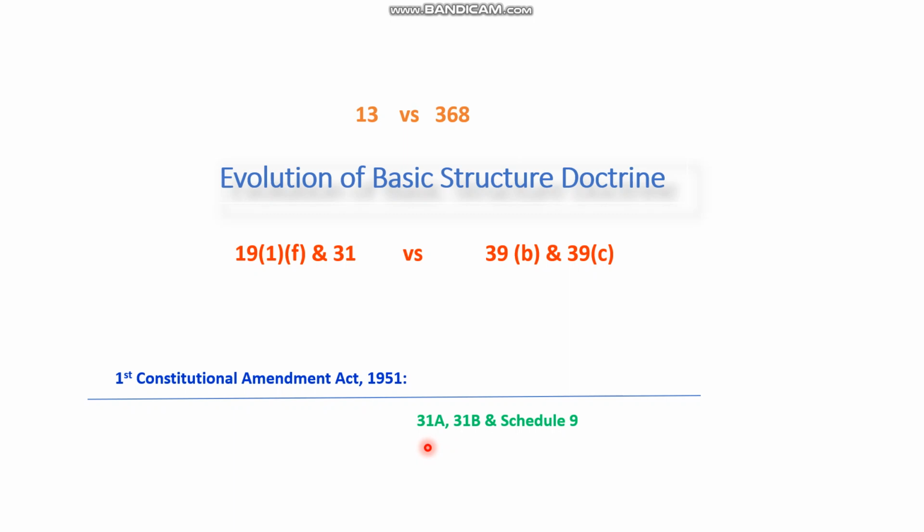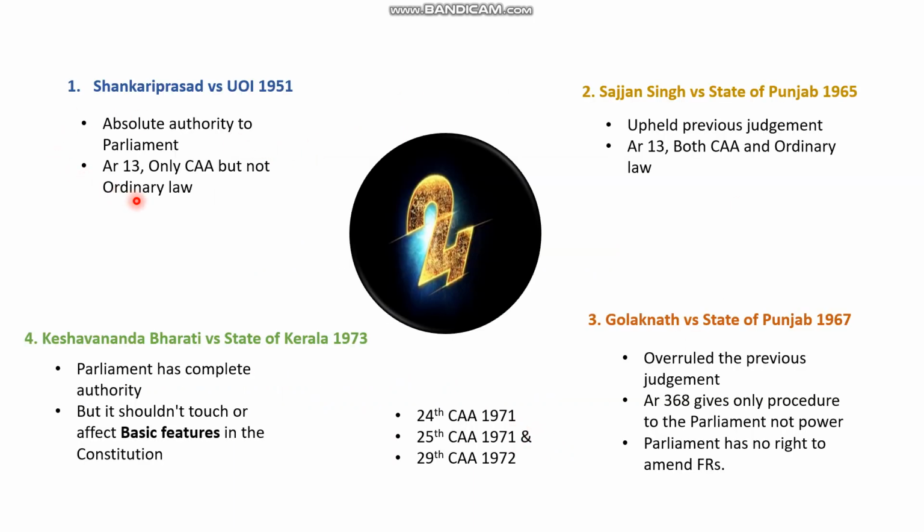Article 31A says that land acquired for land reforms is not against the fundamental right to property given to the citizens, and these laws should be kept in the Ninth Schedule. Article 31B gives blanket protection to the Ninth Schedule against judicial review. This First Constitutional Amendment Act was challenged in the Shankari Prasad versus Union of India case of 1951, and the Supreme Court said